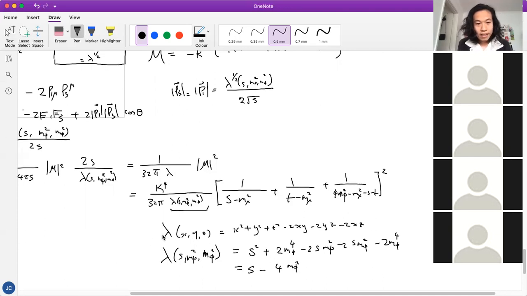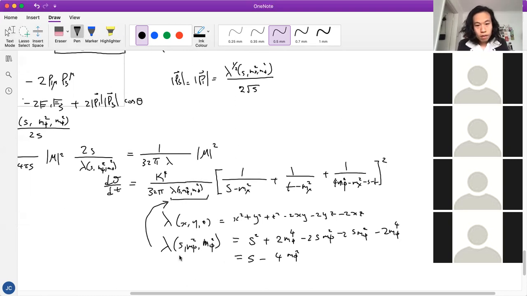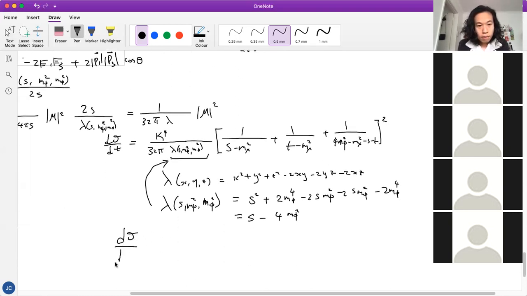And I can put that back in there. So now I have my d sigma dt that's in terms of only s and t, and these mass parameters and the coupling, I can't do anything about them, so that's fine to leave them alone. And that's the solution for that one. Just write that in full. d sigma dt